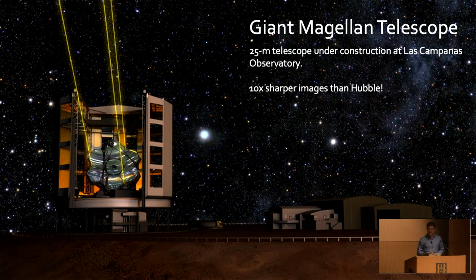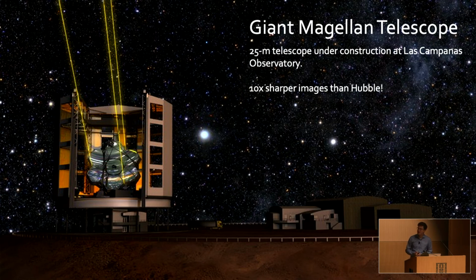Now, looking further into the decade, Carnegie is a founding partner of the Giant Magellan Telescope, or GMT. It's currently under construction at Las Campanas in Chile. And the GMT has many amazing capabilities. But I think perhaps one of its most amazing is its use of a technology that we call adaptive optics. This is the technology that essentially counteracts the blurring of galaxies and stars as their light passes through the Earth's